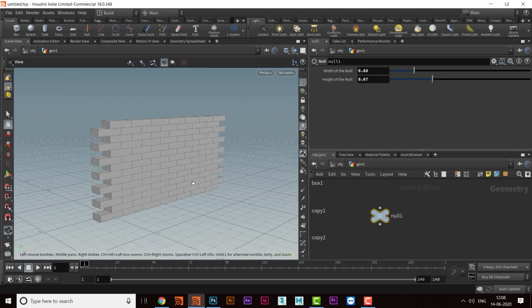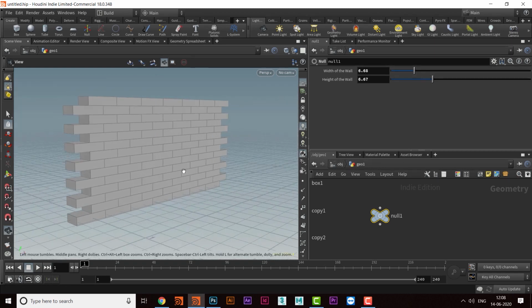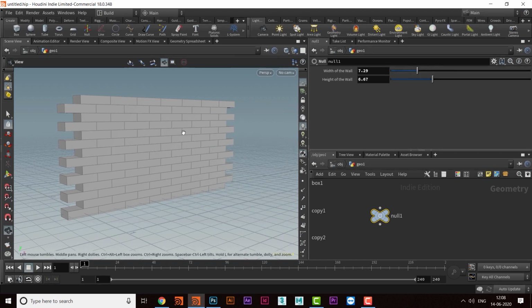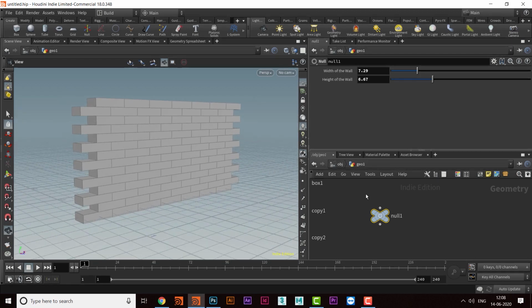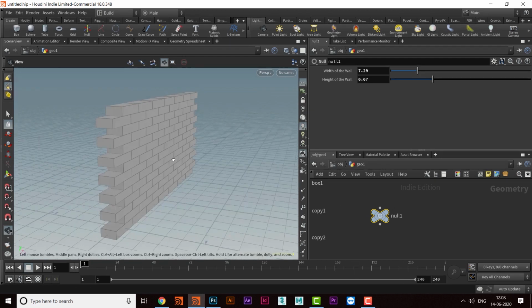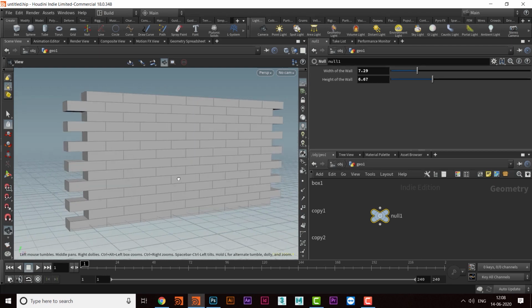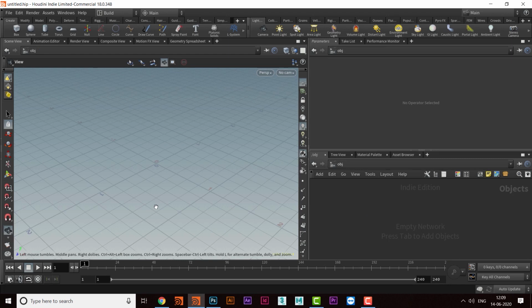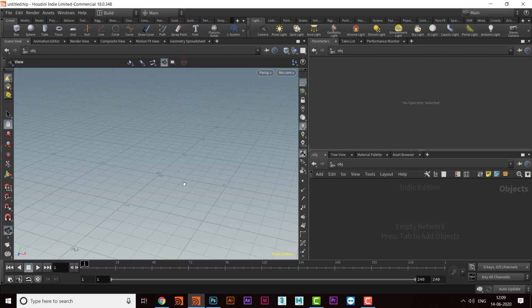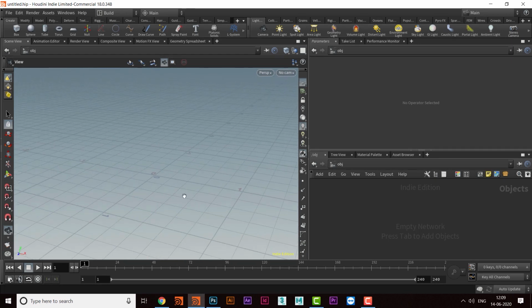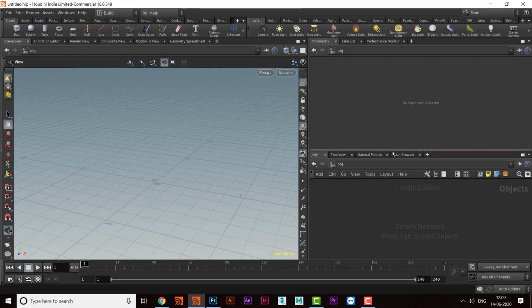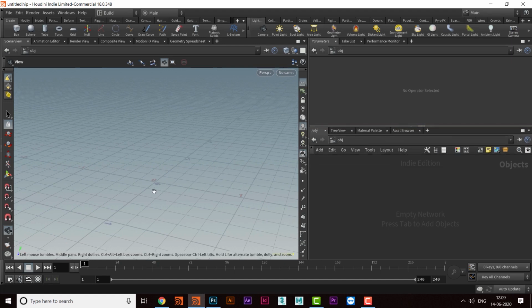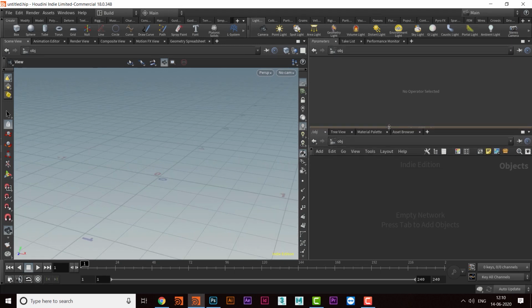Okay, and we can use it even for dynamics purposes. So that is the first example we have covered, and now we'll go and do the next example. Okay, as the next example, we are doing stairs with the help of the copy and transform node. That is again a very simple one, but more difficult than the first one.